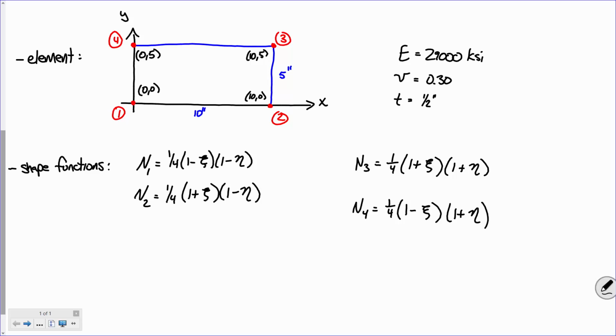Now, another thing I really want you to get used to in your brain is the concept of how versatile these shape functions really are, okay? In other words, you can use them really for any interpolated value along the element. For instance, this element is defined by points 1, 2, 3, and 4, right? That's what it's defined by. If the coordinates of node 2 changed, this would be a different element, right? Make sense? Now, these 4 nodes are what define what this element looks like. My point is,